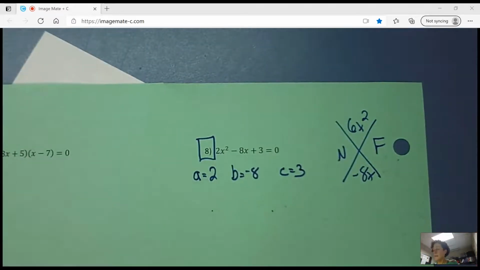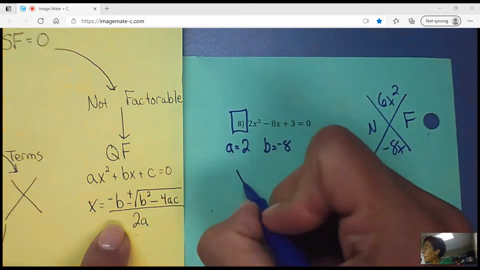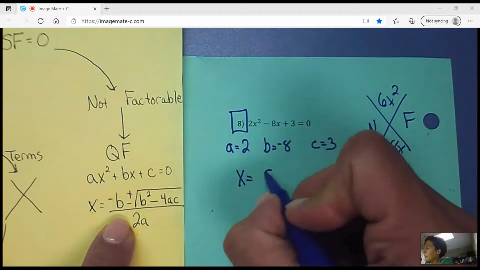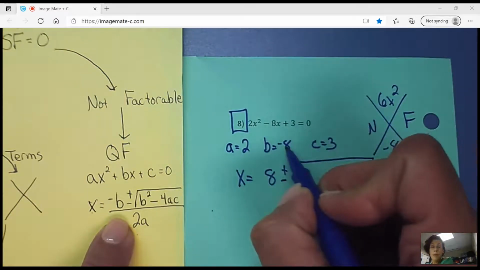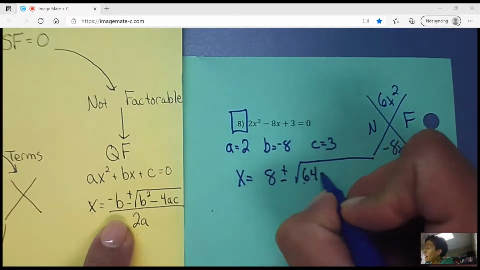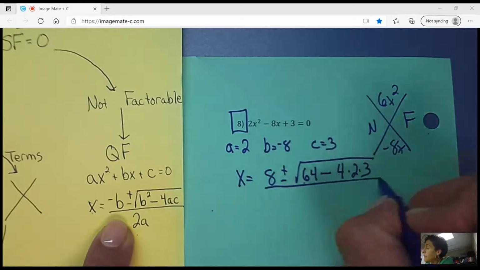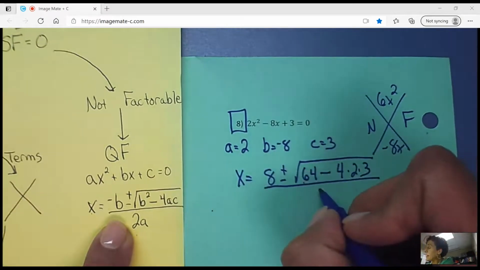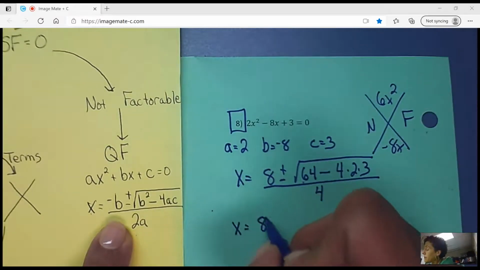And now we can follow the quadratic formula. So it's going to go x equals opposite b, so I'll put 8 plus or minus. We're going to take this number and square it, so negative 8 squared, negative 8 times negative 8 is 64, minus 4 times a times c, and then all of this is over 2 times a, so 2 times 2 is going to be 4. So just like before,